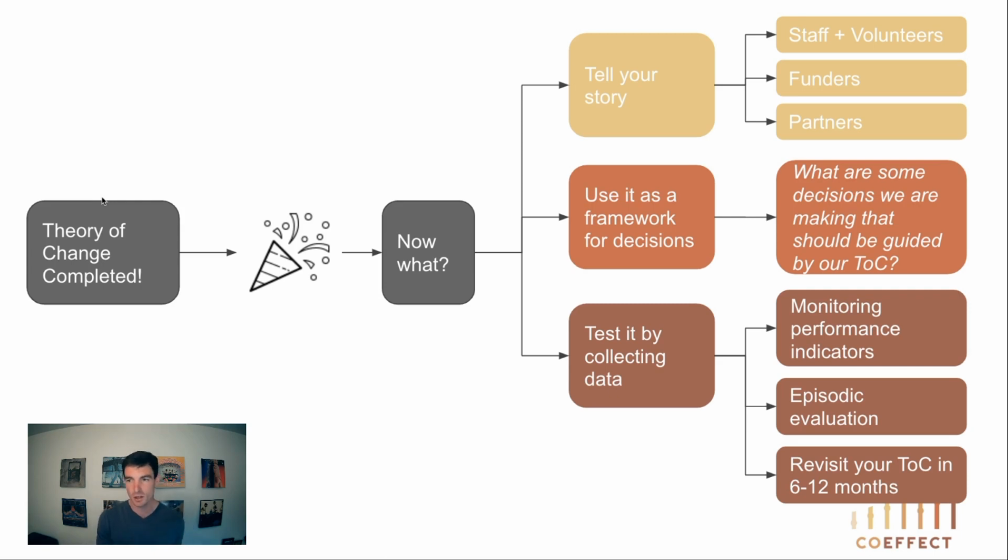Then there are kind of three pathways that you can take to use your theory of change. The first is to use it as a communication tool. Use it to tell your story. Your theory of change becomes a framework of being able to articulate what you do and why you do it. So you can share your theory of change visual and/or narrative with anybody who's intimately involved with